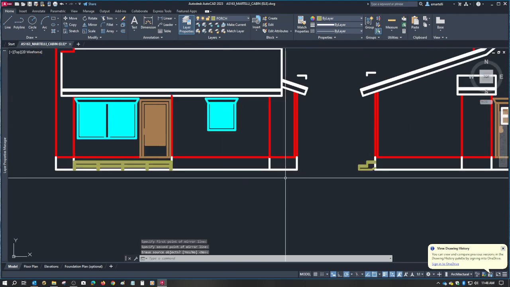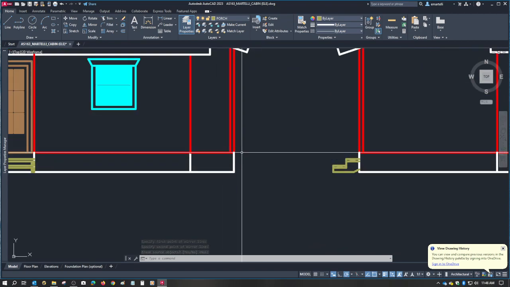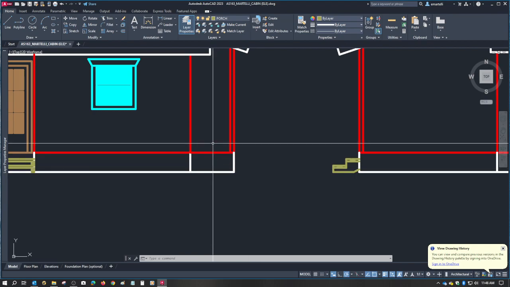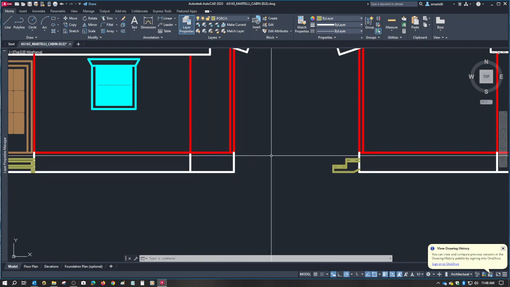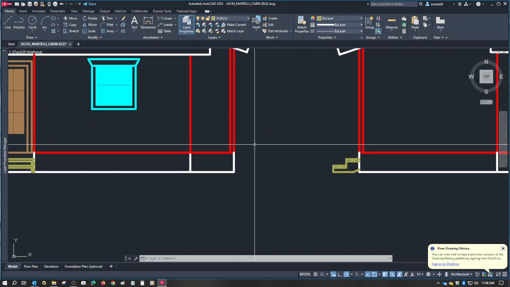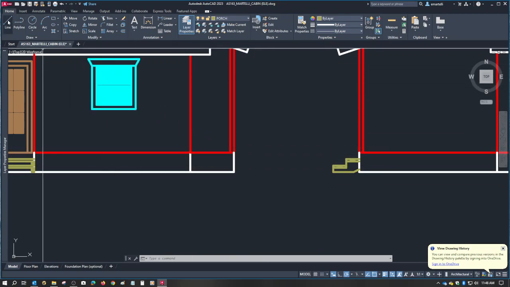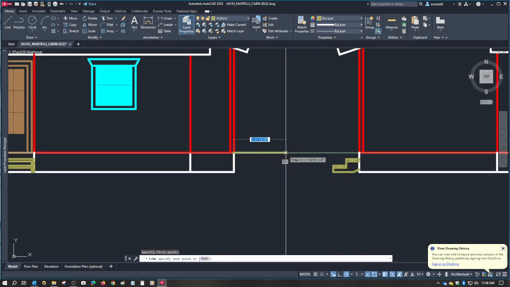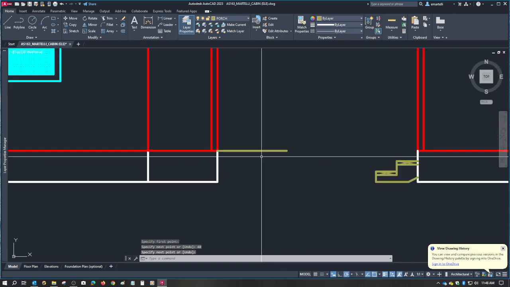Deck, that one's a little bit different. Let me show you how to do the deck. The deck's profile is seen best in the front elevation, the side deck. The water heater is 3'4", which is 40 inch, but your deck is 6 foot long, which is 72 inch. 72 minus 40 is 32. So here again, pick the line command. At the bottom of the finished floor, I'm going to draw a line out 40 inch. But here again, you get a step up